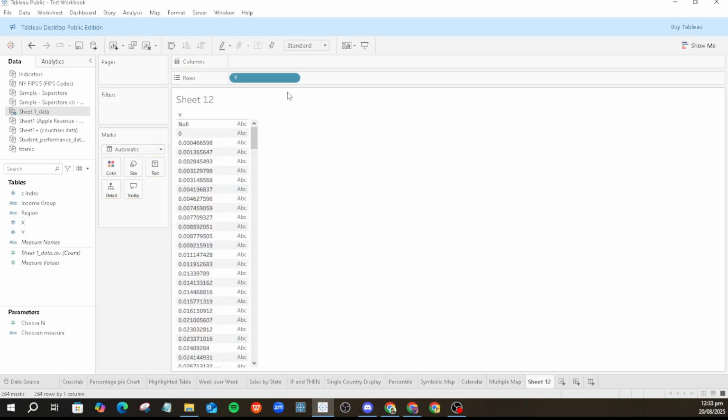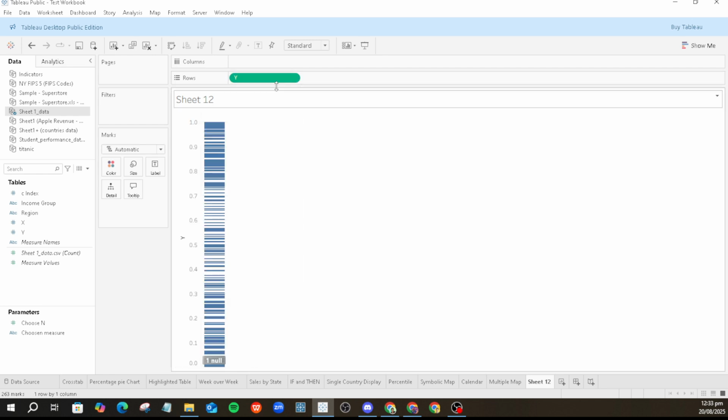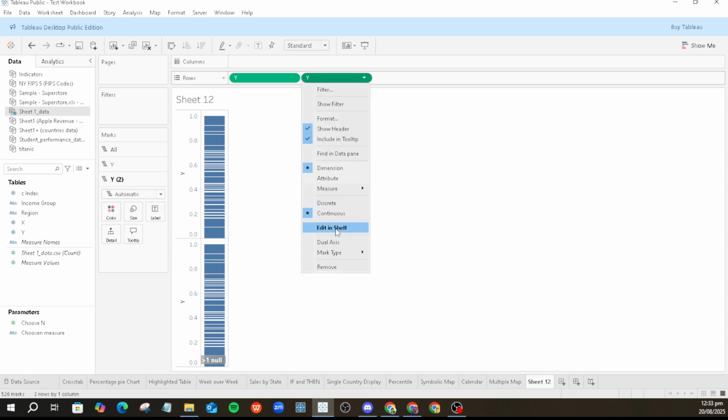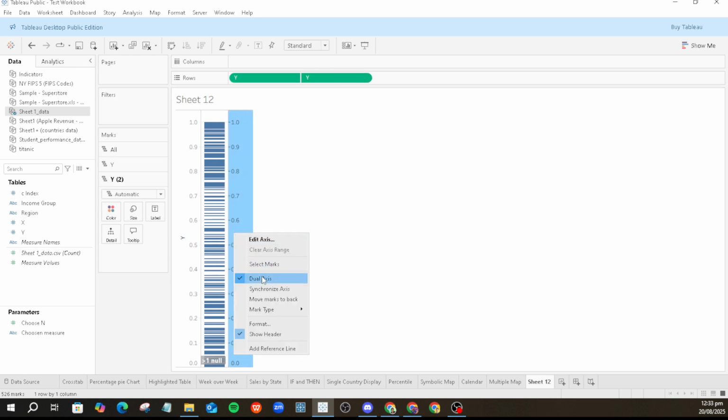After you've placed Y in the rows twice, you need to ensure that both are set as dimension and continuous. This setup is necessary for achieving the right display format for the graph. Next, right-click on the second Y pill and select Dual Axis. This combination is especially powerful for visualizing complex data structures like a network graph. Dual axis charts allow us to overlay different types of analytical information on the same graph, providing a more comprehensive